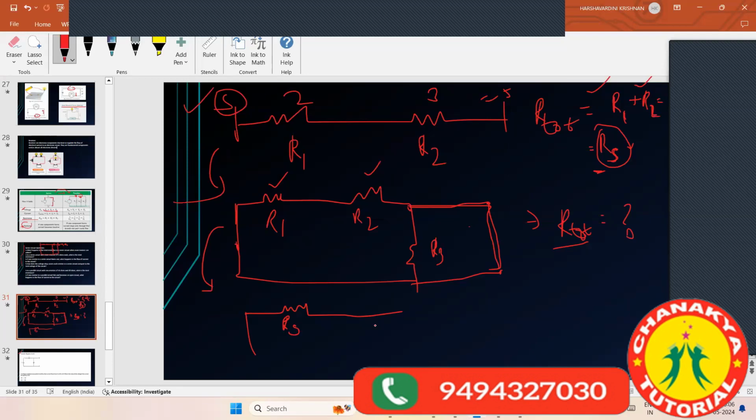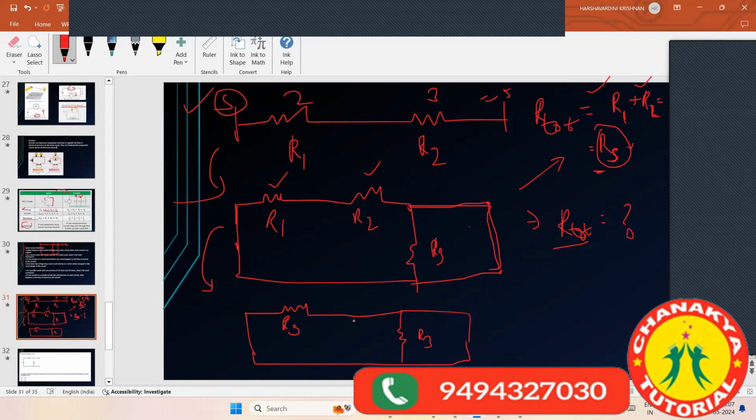Now, understanding the step? Yes, ma'am. Redrawing the same circuit, no other change. RS has the same resistance as R1 and R2 together. Already told you with this step, R total is equal to R1 plus R2, the total resistance value is RS. So instead of R1, R2, I am taking it as RS, and now I am redrawing the same circuit, no other change.